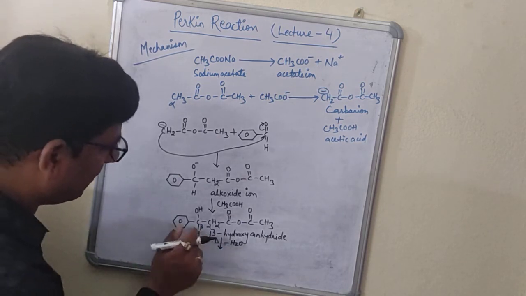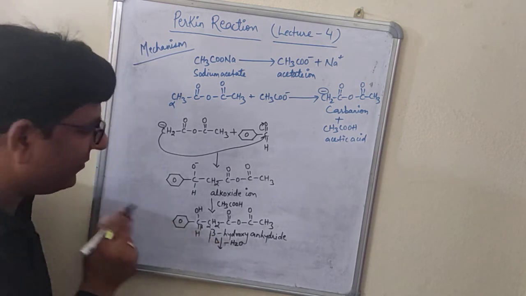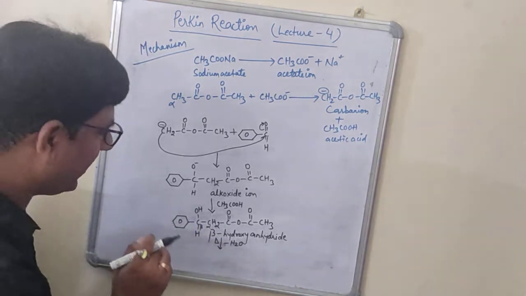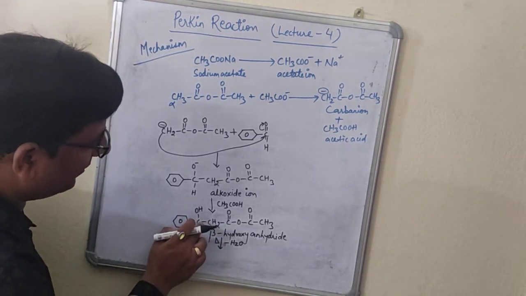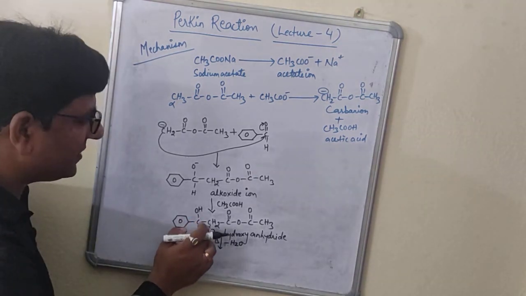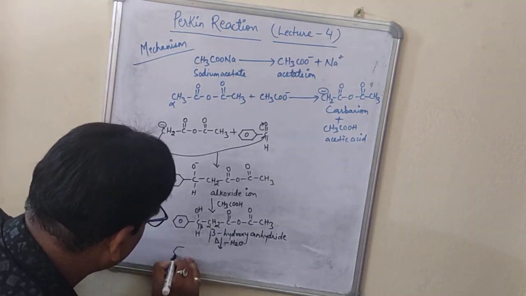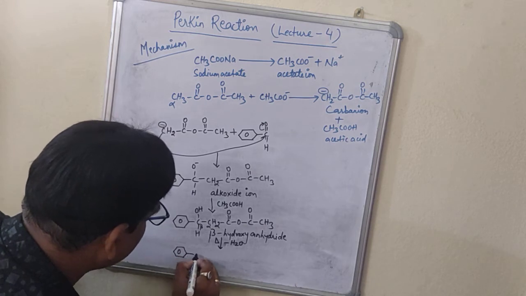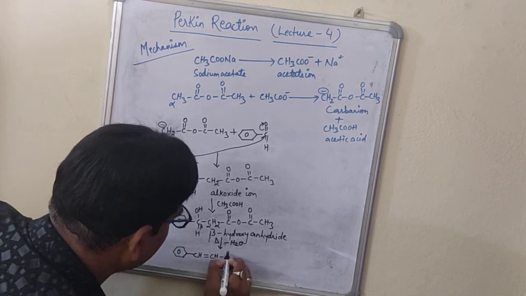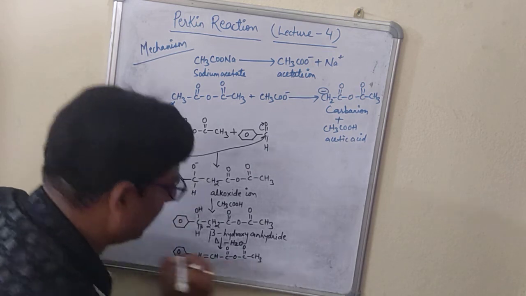How will it move out? One hydrogen from the alpha carbon, and OH from the beta carbon, we have to remove. So in total we are removing a molecule of water, right? If you are removing a molecule of water, the double bond will come over this side. Here we will have a double bond. Why? To compensate the valency, right? So the compound will be formed like this: CH double bond CH, C double bond O, O, CO, CH3.